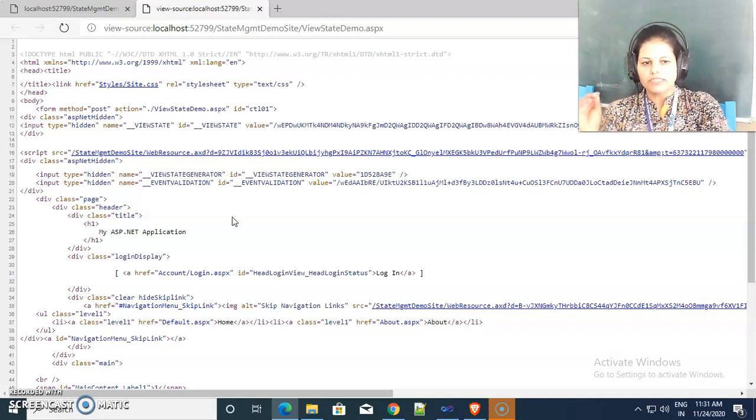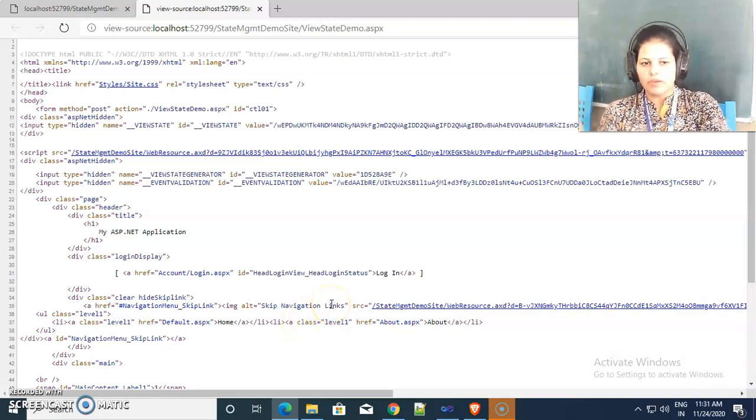So we run that server-side scripting language code on the server, and the server sends it back to our browser as a response, and in that response this code is there. Only an HTML response we get at the client machine.